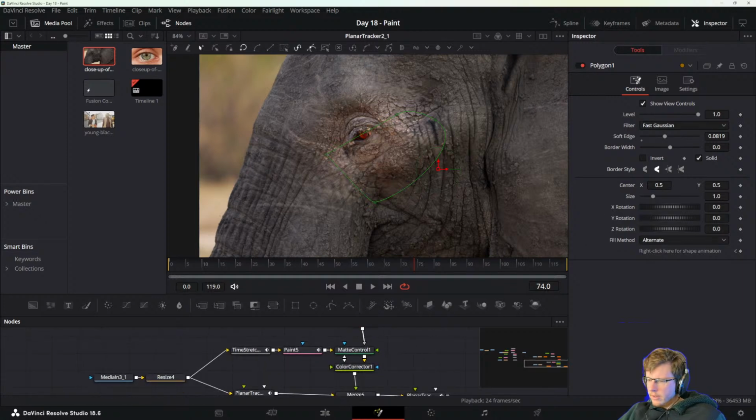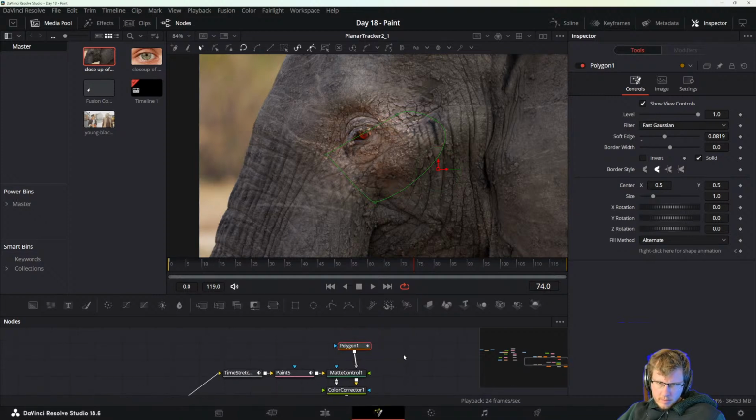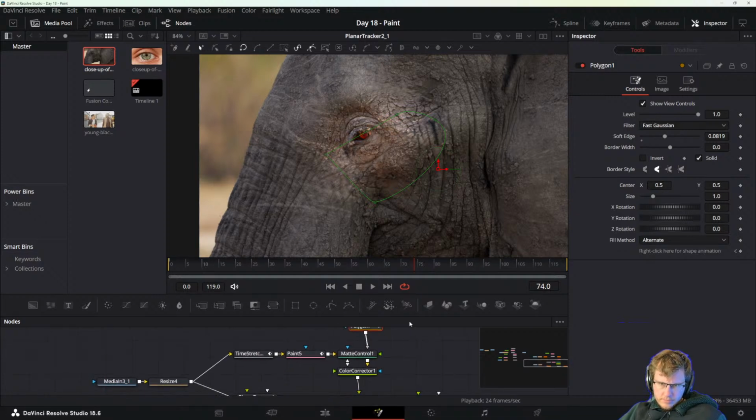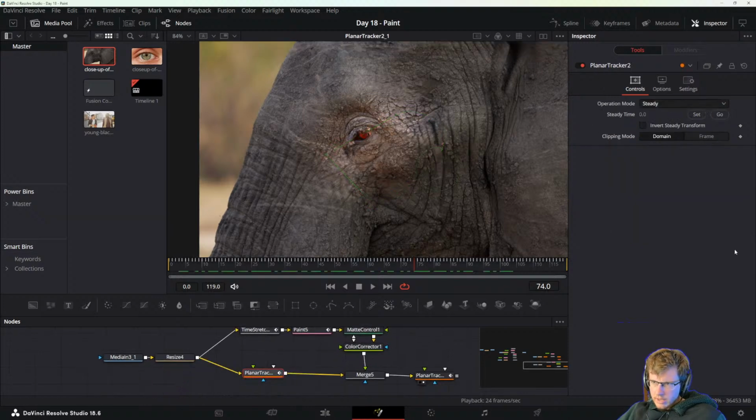Oh wait, okay. Now all of a sudden I'm going overtime, but it is applied, isn't it? Wait, this looks like exactly the example at the end, but I mean, I see that this thing is here, but it's applied to our clip properly. So they were saying to use a planar transform with planar tracker, but